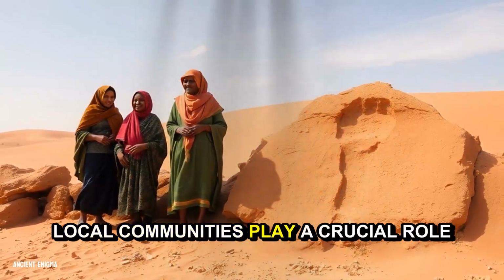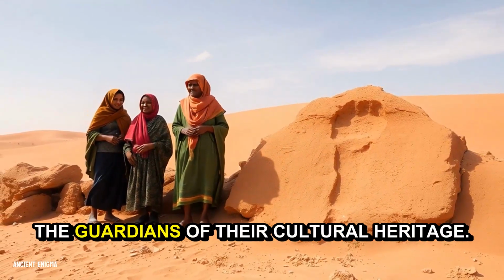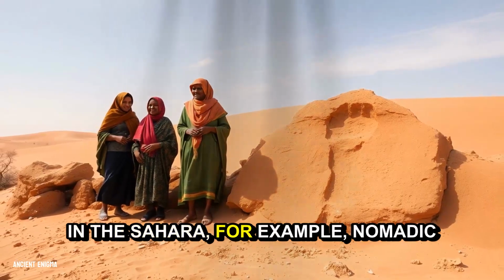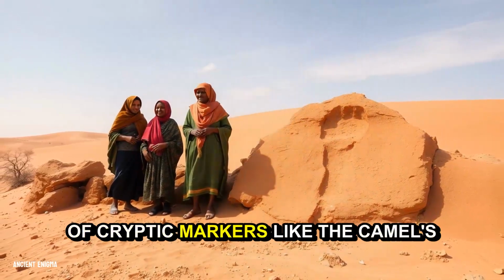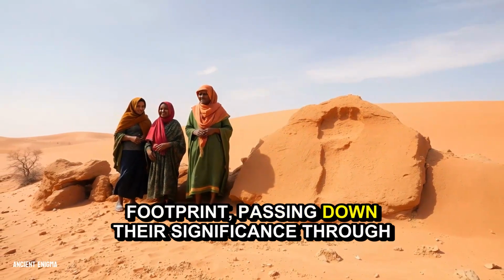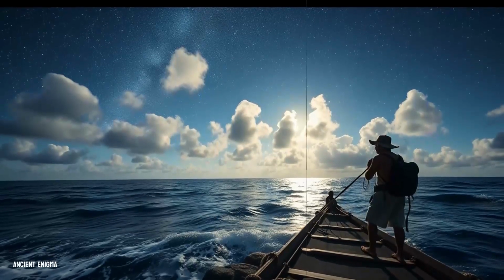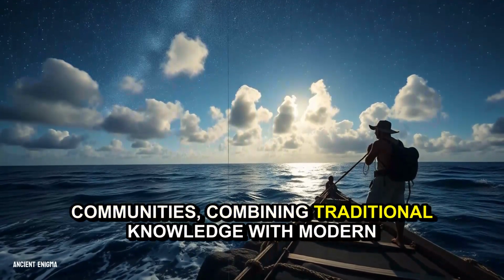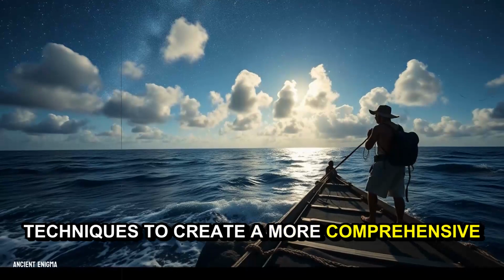Local communities play a crucial role in this effort, often serving as the guardians of their cultural heritage. In the Sahara, for example, nomadic tribes have long preserved the knowledge of cryptic markers like the camel's footprint, passing down their significance through oral traditions. Archaeologists are now partnering with these communities, combining traditional knowledge with modern techniques to create a more comprehensive understanding of